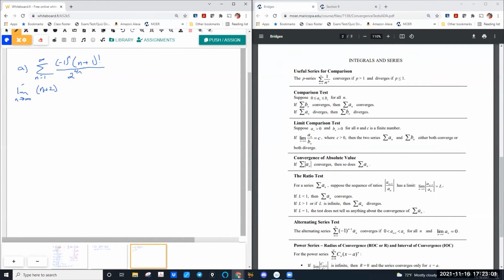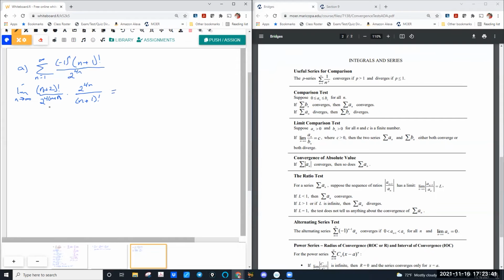And so n plus 2 factorial. So this is a sub n plus 1. 2 to the 4 times n plus 1. Okay, we'll distribute that 4 in the next step. And here, n plus 1 is where the n plus 2 comes in. 2 to the 4n over n plus 1 factorial. Again, we could put the absolute value. What the absolute value does is it takes care of the alternating part. So this is what we're going to focus on.